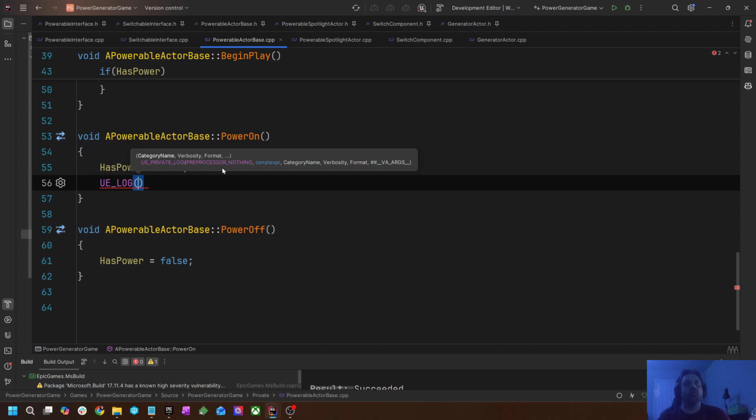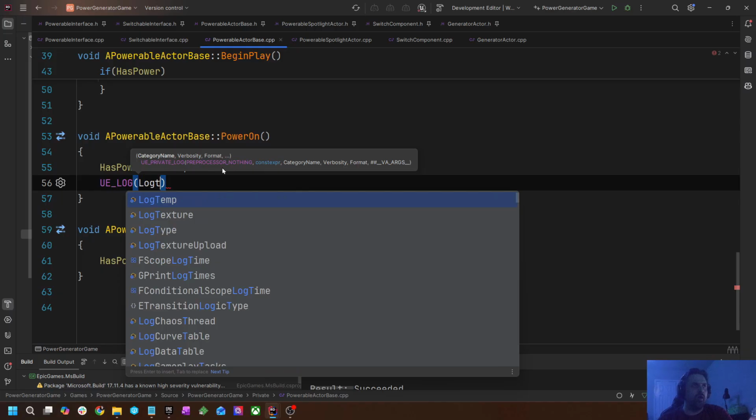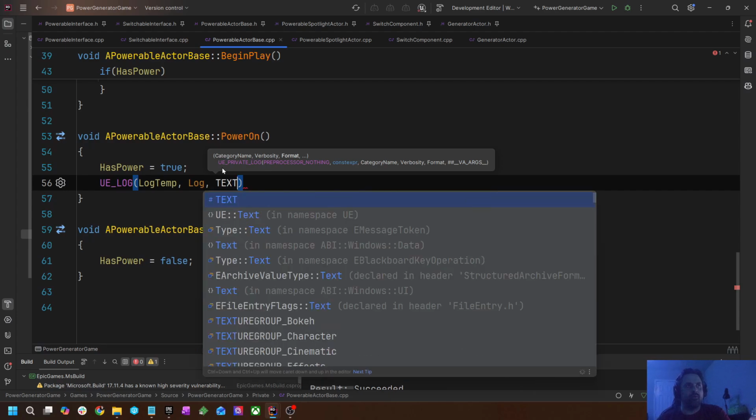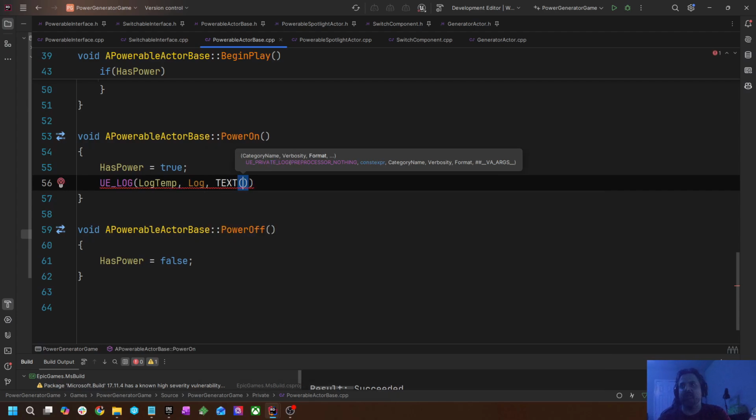For the log category name, you can create your own category names, but I'm going to just use LogTemp, which is fine in most cases. Then for the verbosity, I'm going to use Log. That means it'll show up in white text in your log, but you could also do Warning, which would show up in yellow text, and Error, which would show up in red text. But Log is fine. And then comma, and then I'm going to use a text macro, capital TEXT, parentheses, and then